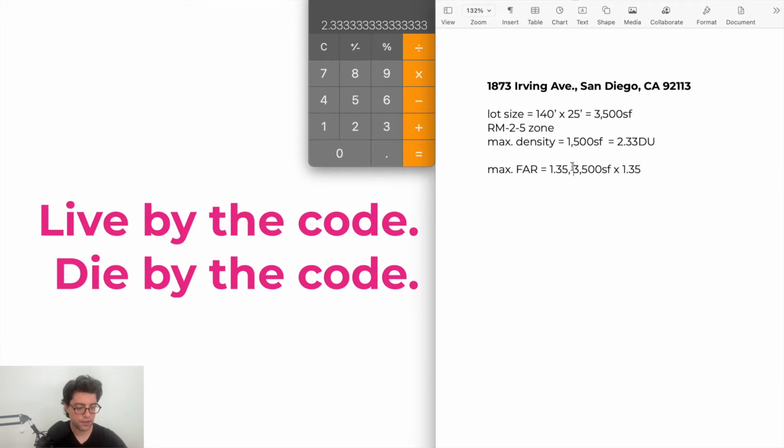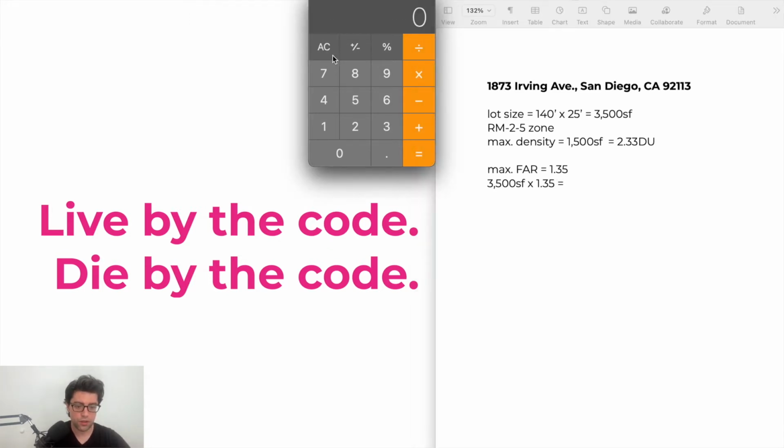I'm just going to put this on a line below. This is the maximum amount of square footage that we can build on this lot. So 3,500, my site area, multiplied by my max FAR,